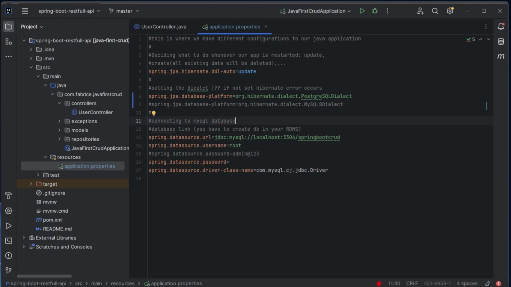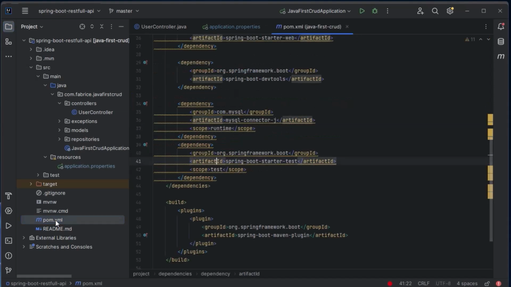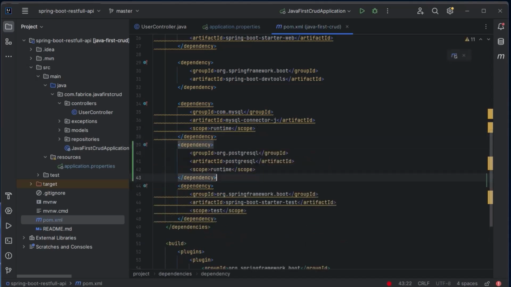Since we are going to use Postgres, we just need to add it to our pom.xml file as a dependency. Down here, let me paste in our Postgres dependency and save the file.